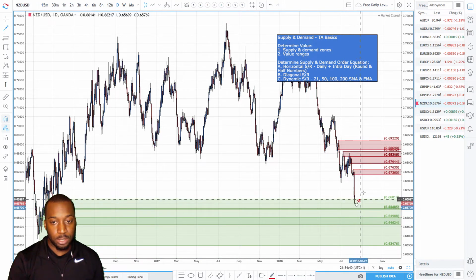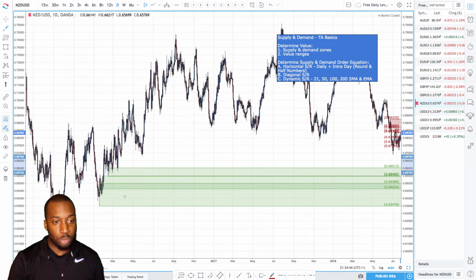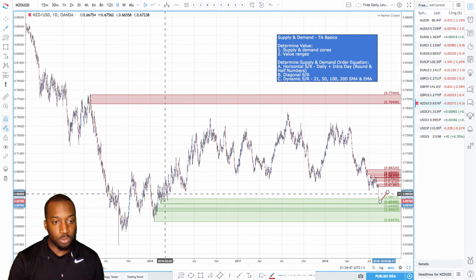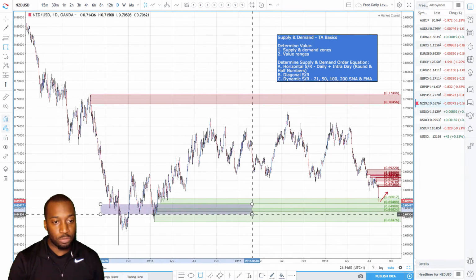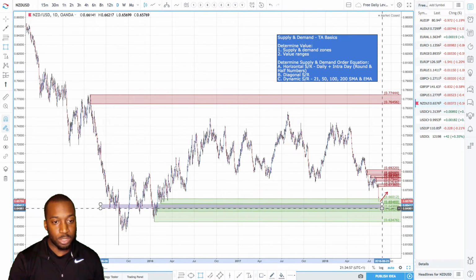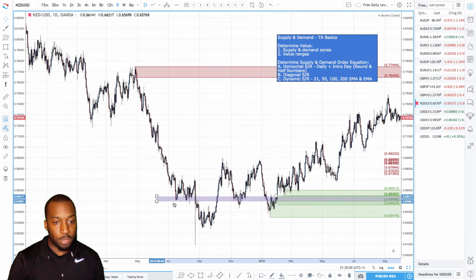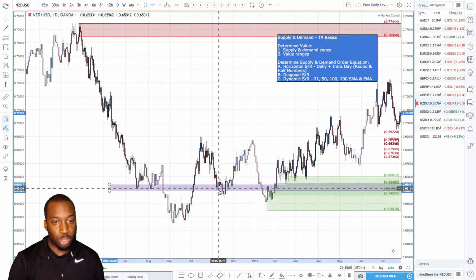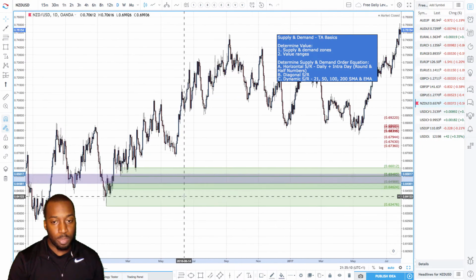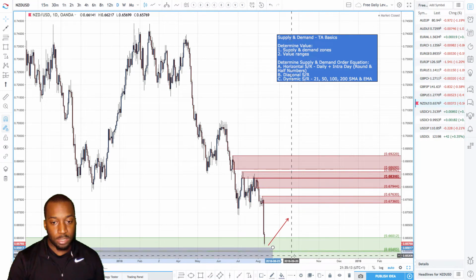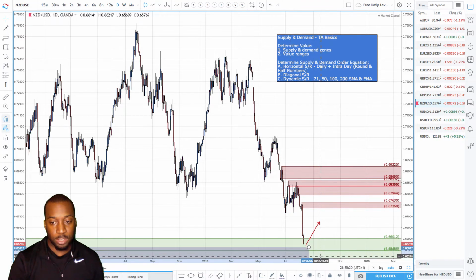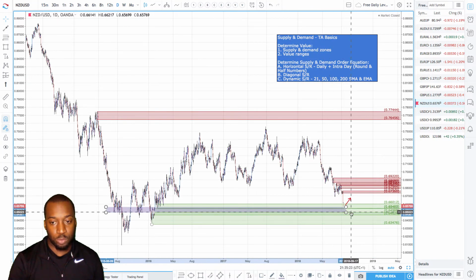Potentially we could see buy trades, and because you've got this wide demand zone, what you really want to do is look for support and resistance areas. The first one I can spot would be somewhere around that area there, because you've got a bit of support, a bit of resistance, but support there as well. Maybe you might want to drag it up slightly. So I'd probably say within this, prices maybe come down to this 0.65 half number, and then probably down to the 65 round number, which would be around here, the bottom of this support and resistance zone,